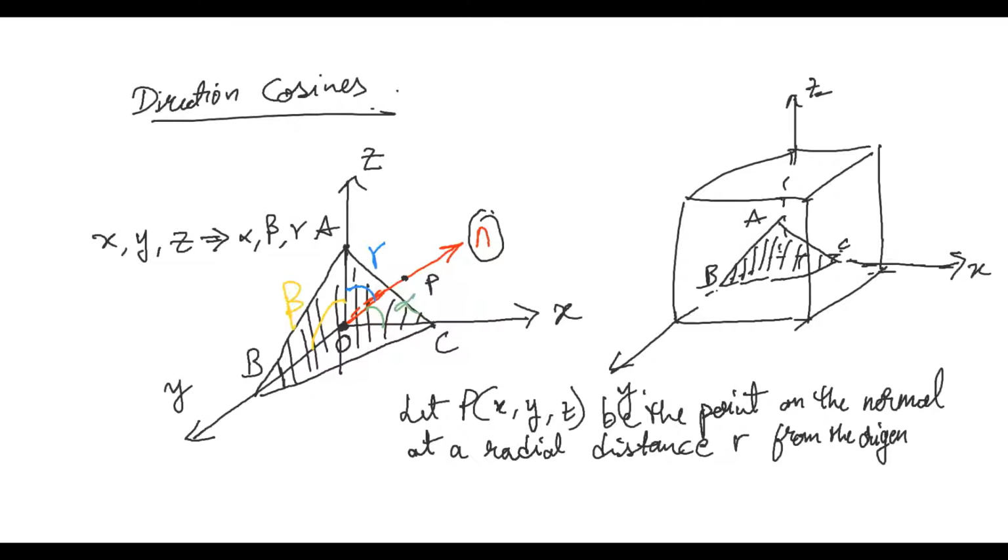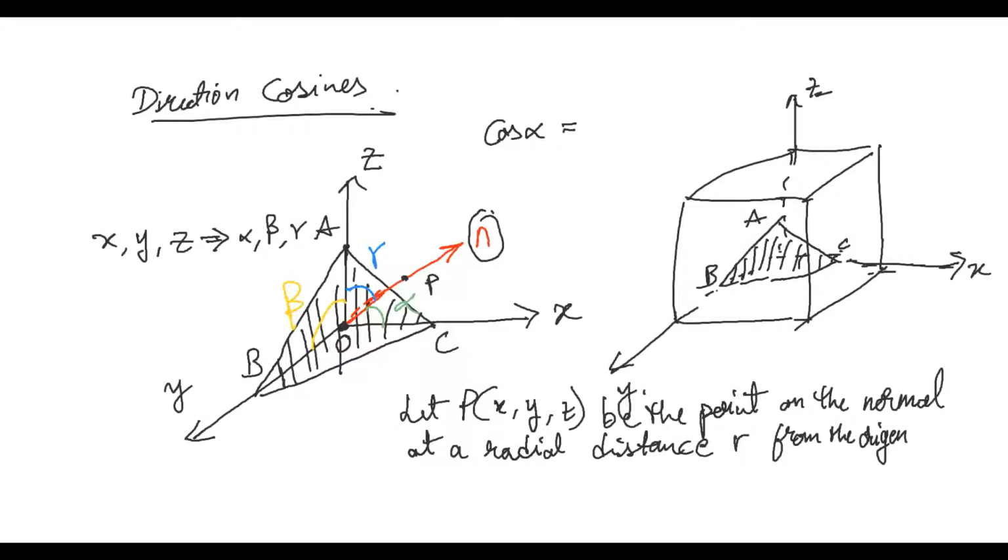So here, what is cos alpha? So cos alpha is equal to,